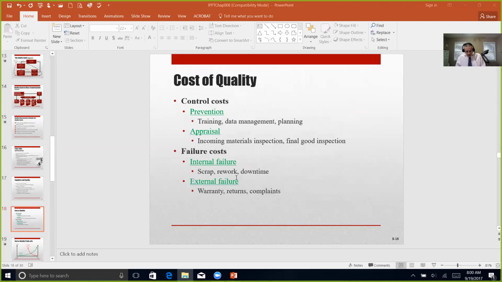And the control costs are related to the activities that remove defects from the production stream, which can be done in two ways, by prevention and by appraisal. The prevention costs include activities such as quality planning, new product reviews, training of employees, engineering analysis, and they should occur before production, which are aimed at preventing defects before they occur. The other cost is appraisal or inspections, and that's really aimed at eliminating defects after they occur, but before the